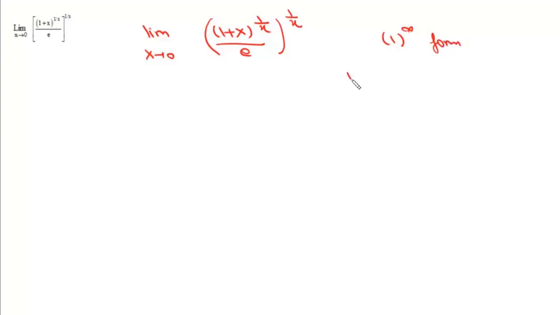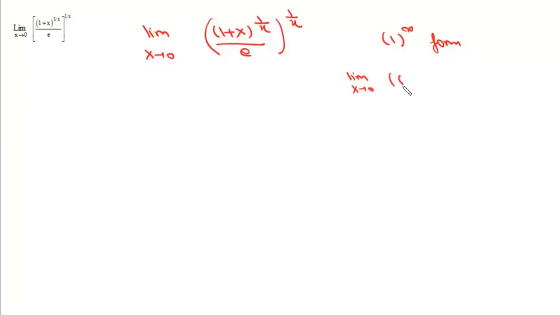Now here the question is, we need to find this limit, x tends to 0, (1 plus x) to the power 1 by x upon e, whole to the power 1 by x. Now we take this limit: (1 plus x) to the power 1 by x is e, e upon e is 1, and 1 upon x will be infinite. So it is 1 to the power infinite form, and we know that there is this shortcut